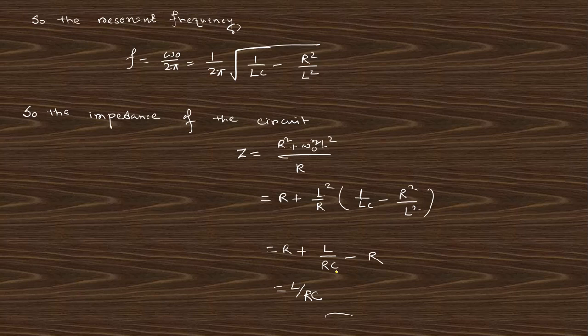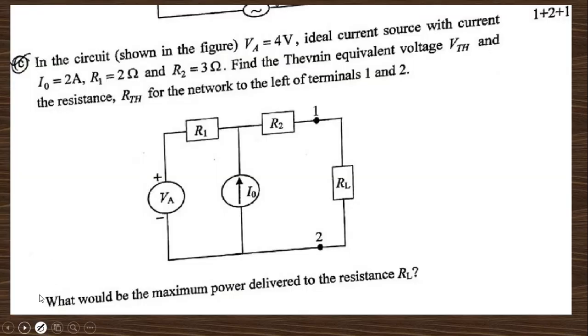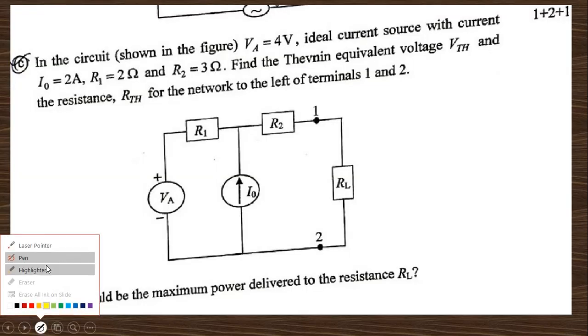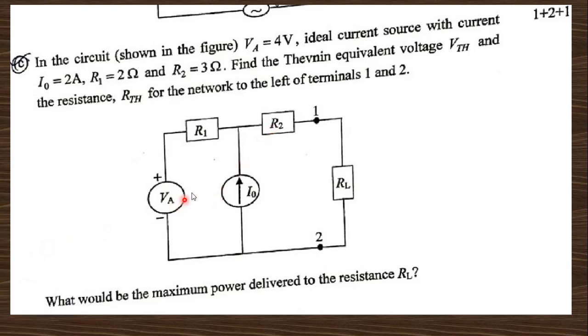If there is any doubt, you must comment in the comment box. Go to the next question, which says that this is the circuit given here. This potential is 4 volt, this current is 2 ampere, and these two resistances are given. Using Thevenin theorem, find out the Thevenin equivalent voltage and the resistance of this terminal, and then find out the maximum